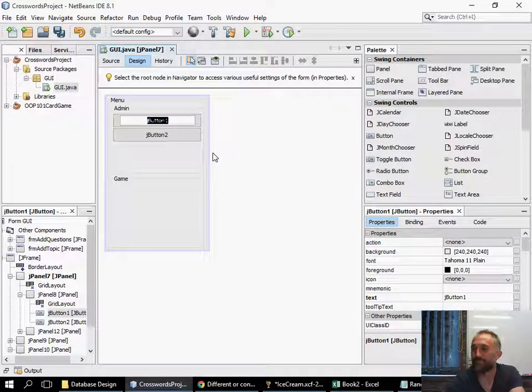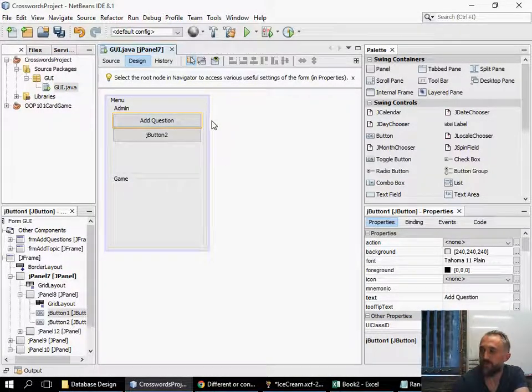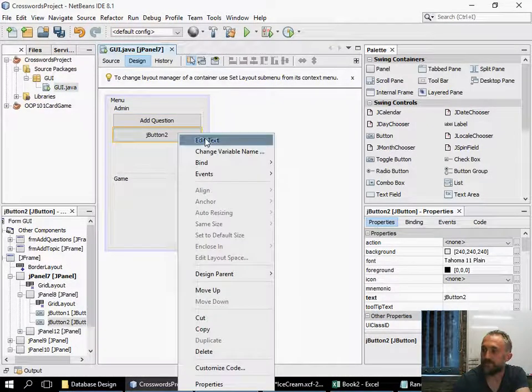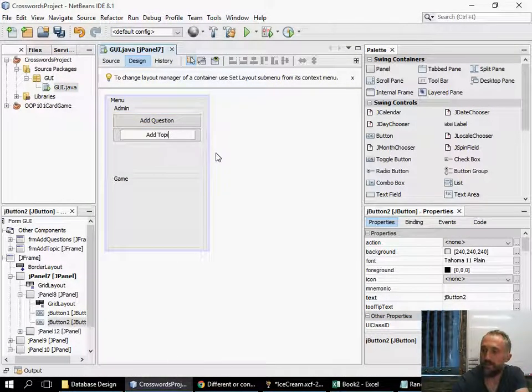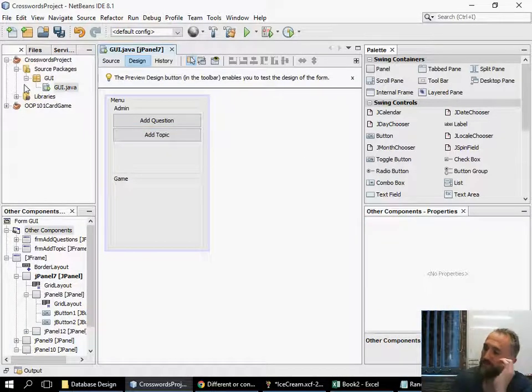Alright, so in our admin menu, we're going to have first add question, and we'll then also have add topic. So we'll sit there, add question, add topic. Now we've got our 2 different options there, add question, add topic, and in our game section, we want